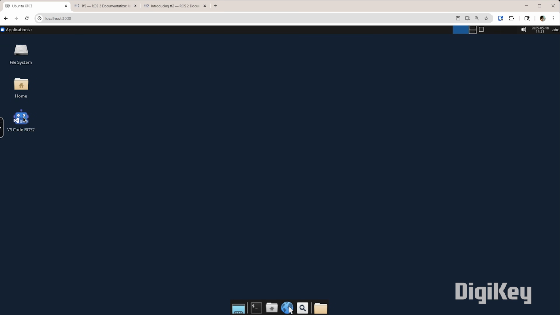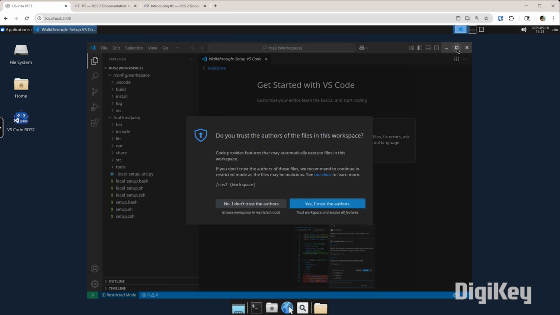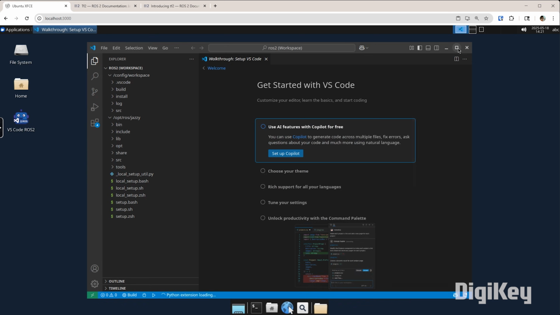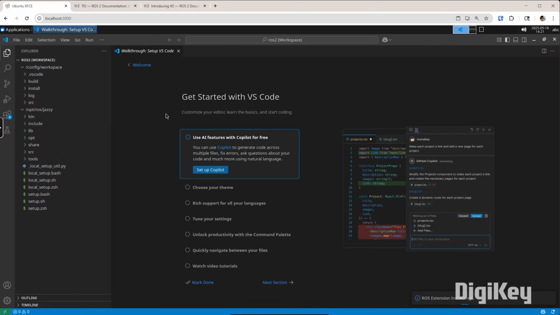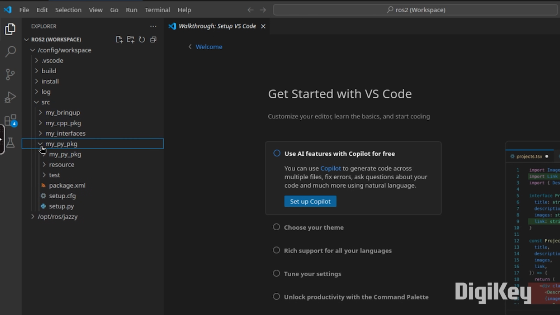I'm going to open up VS Code, and now we're going to start working on a demo TF2 application. Yes, I trust the authors. Let's make that bigger. As I mentioned, I am going to only do this in Python, but I will have a C++ demo available if you'd like to look at the code. The reason is I want to focus on just the concepts, and Python I find is a little easier to read. So let's go into source, mypy package,